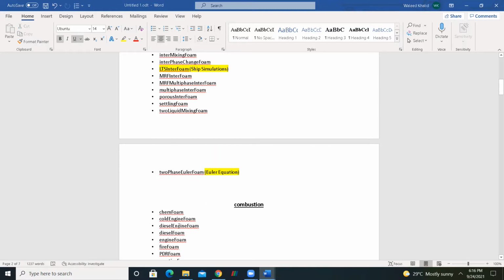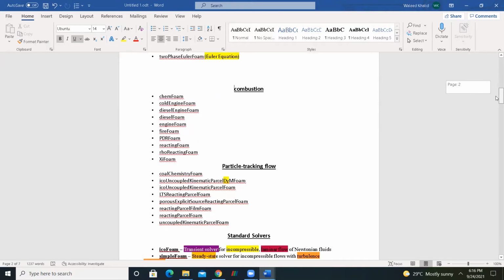The next are the combustion solvers. There are different combustion solvers present in OpenFOAM. For example, chemFoam, coldEngineFoam, dieselFoam, engineFoam, fireFoam, PDRFoam, reactingFoam, rhoReactingFoam, and psiReactingFoam. What do all these things mean? They all mean that they involve combustion. There are different types of